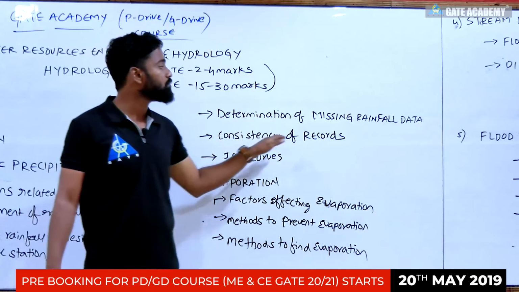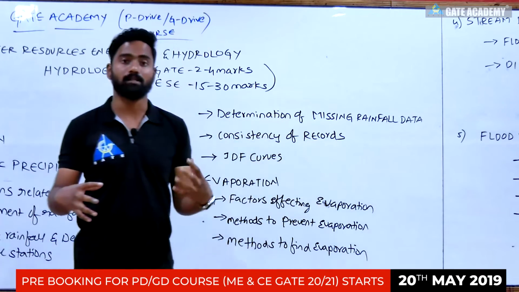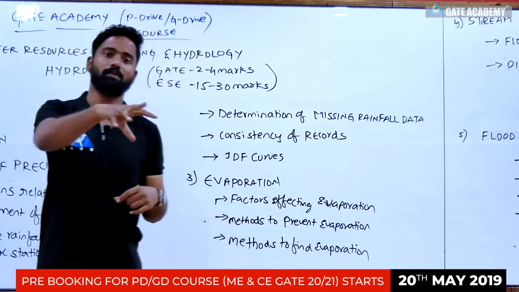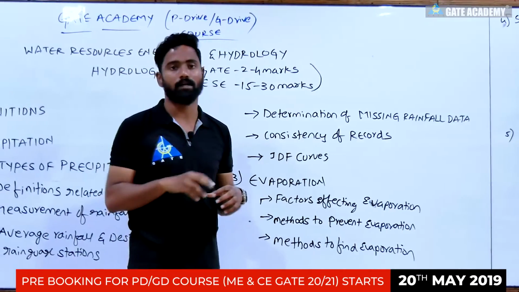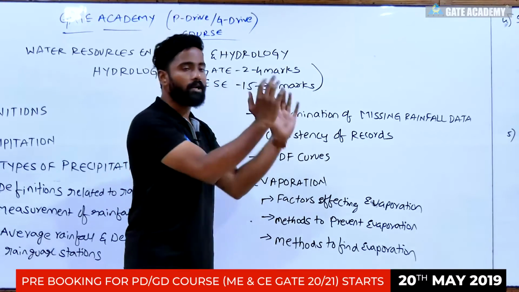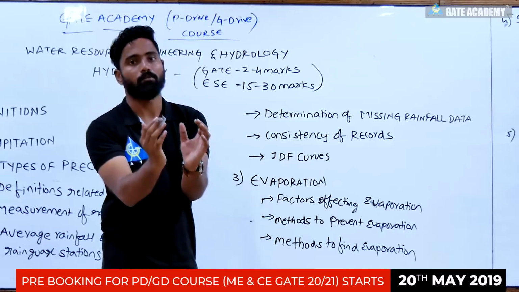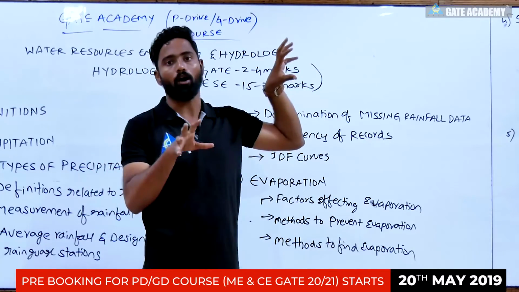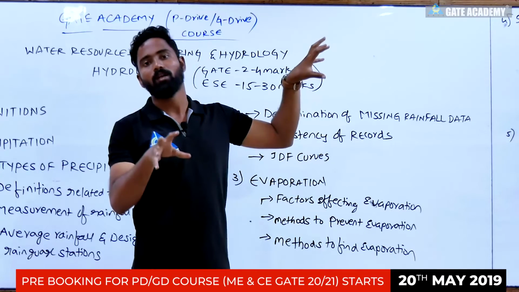Next, consistency of the records. Here, a new technique called double mass curve. What is a mass curve? A mass curve means discharge with respect to time. Rainfall with respect to time is called a mass curve. That means a quantity, its variation with respect to time, is called a mass curve. Double mass means on both abscissa and ordinate,